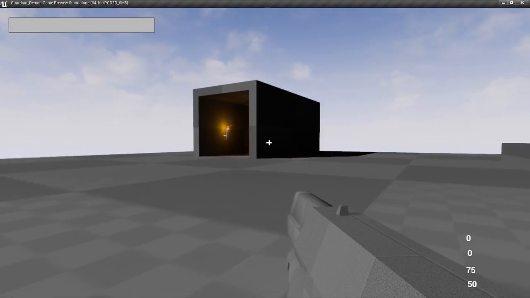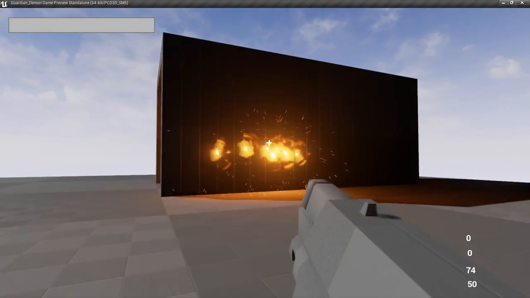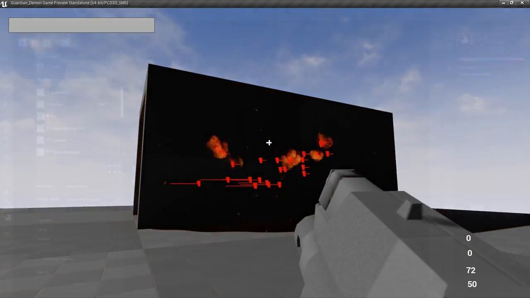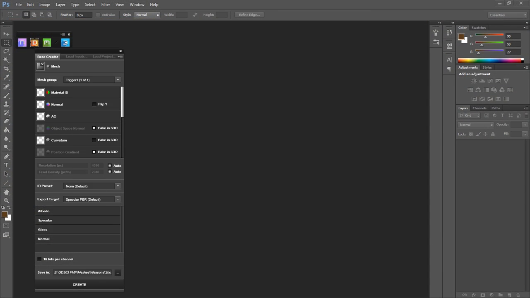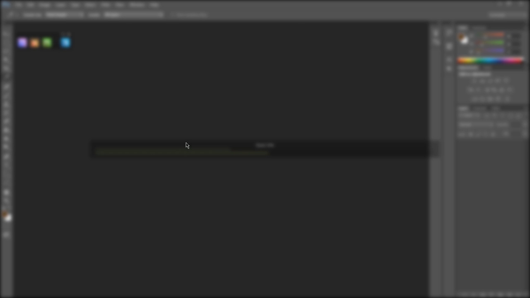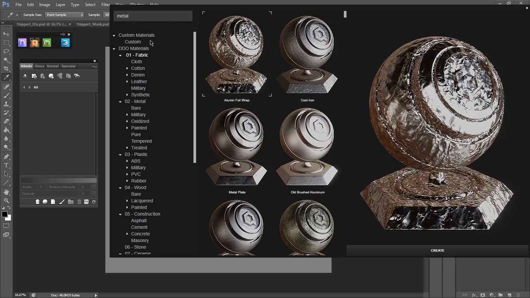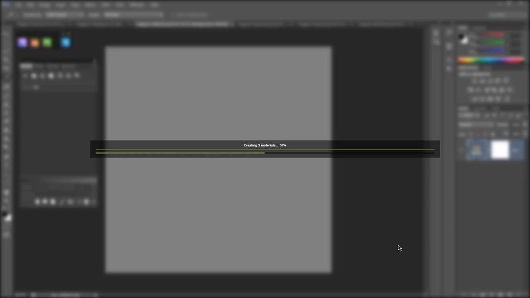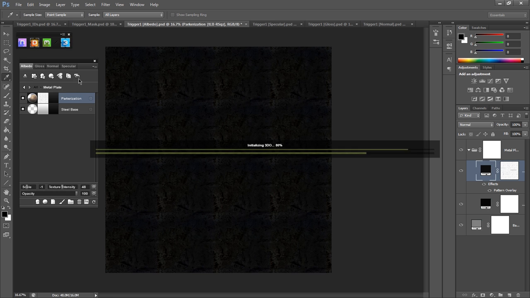Here I'm quickly doing a test in Unreal to see how it looks. It isn't quite perfect, so I'll be making a few corrections to that later, but for now I'll be moving on to the texturing. So I'll be using Quixel for my texture process, and what I'm doing here is importing my mesh so that Quixel knows what I'm doing with it, and I'll be collecting samples of textures that I think will be suitable for my weapon.